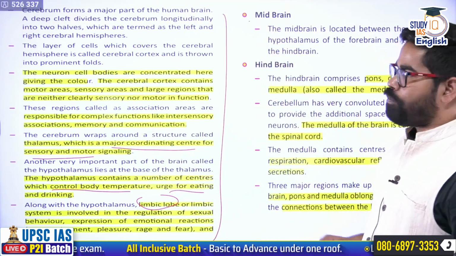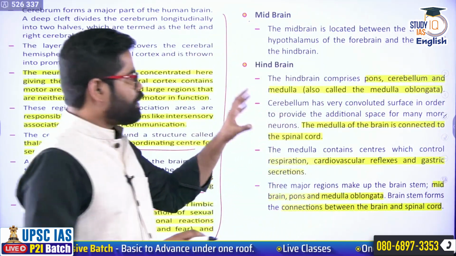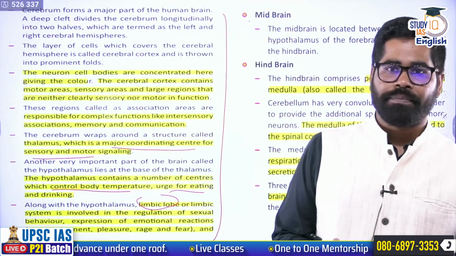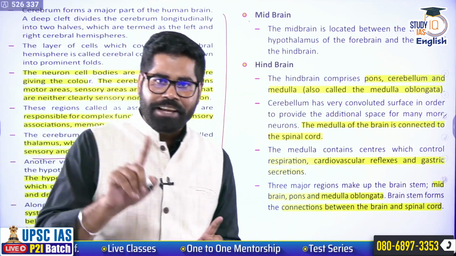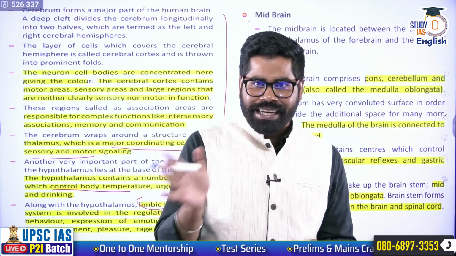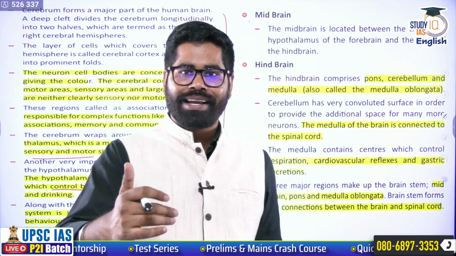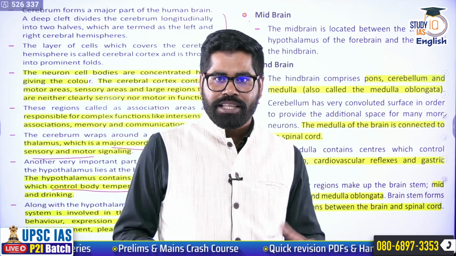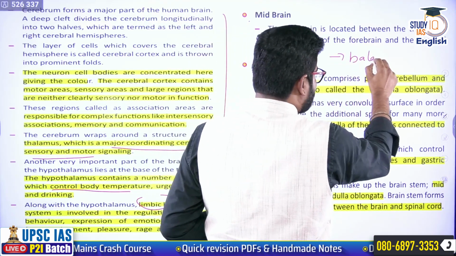If we talk about the second important part, the midbrain. This midbrain is basically located between the thalamus or the hypothalamus and the pons of the hindbrain. If we talk about the role of the midbrain, it has a very important role of maintaining the equilibrium in the body. Maintaining equilibrium means maintaining the posture of the body. When we are walking, when we are moving our legs, when we are moving our hands, all this has to be balanced. So balancing of the body